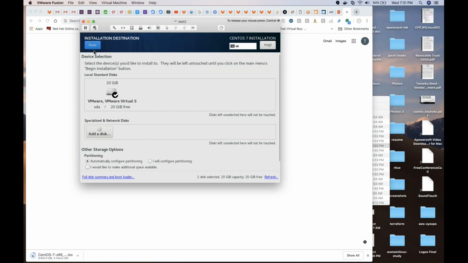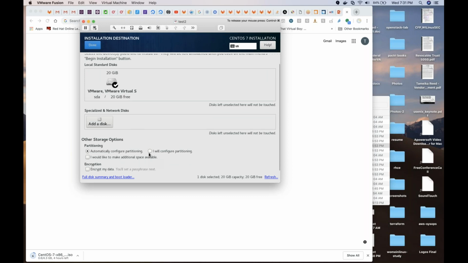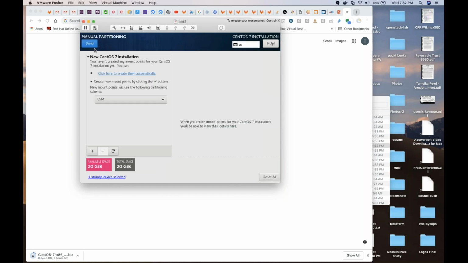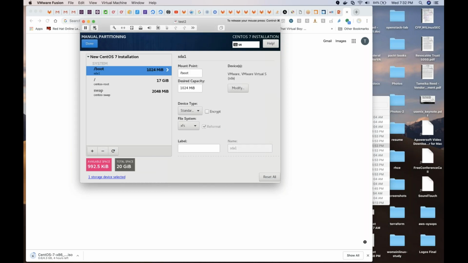All right, so with this partition, I want to show you this. I'm gonna say this is what people do when we're first making it, but then I'll show you what happens after we make this. So you can automatically configure your partitioning, or you can say, I will configure my partition. And then you say done, and it gives you the next screen, which asks you, do you want to automatically configure this or do this? I cheat, and my cheat is to have it automatically configure,